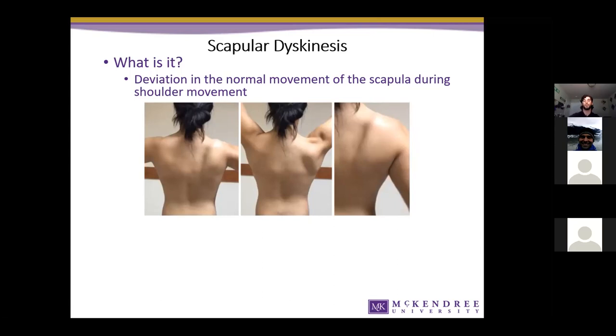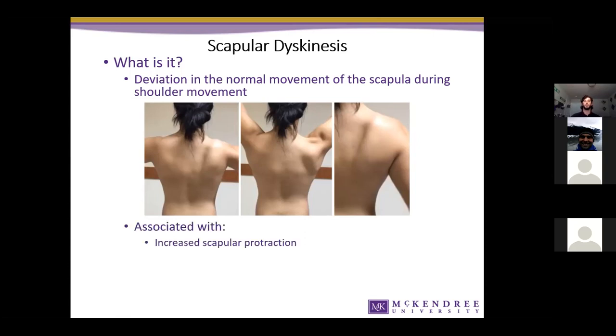You can see in her left shoulder, it wings out and moves up, which is the wanted motion of the scapula. You can even see in her resting position that the scapula is more winged out and wrapped around her rib cage, which is not good.